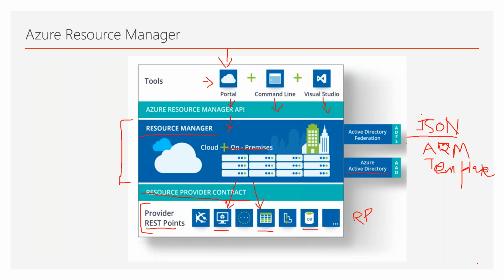Vijay is saying the ARM API cannot interact with on-prem resources, right? Yes, Vijay, ARM APIs are what you have to call, even if you call them from on-prem. But then the ARM APIs are going to make a call to the resource manager, and the resource manager is going to contact the individual services and deploy them. So Vijay, you're clear on this?